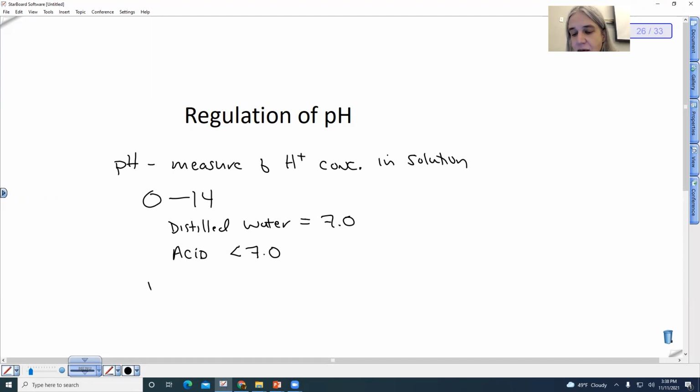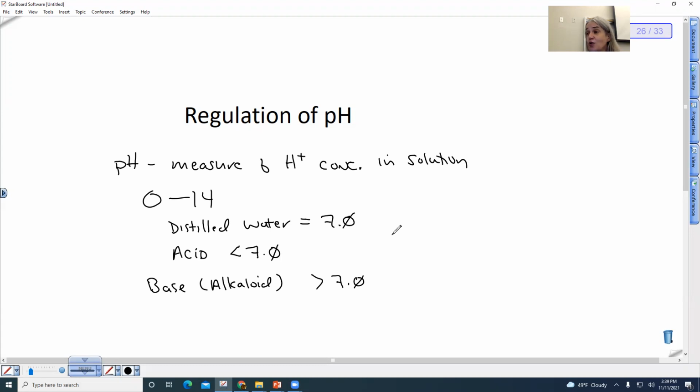A base, which is also referred to as an alkaline, is greater than 7. I always put my zeros there and my 7s. Oh yeah, so kind of strange. Okay, so